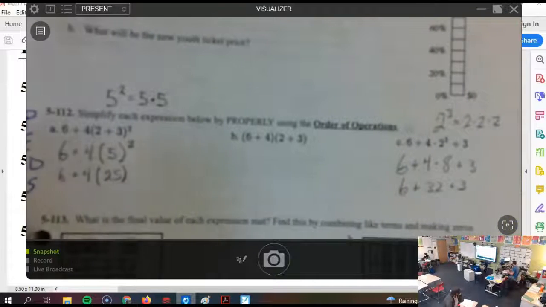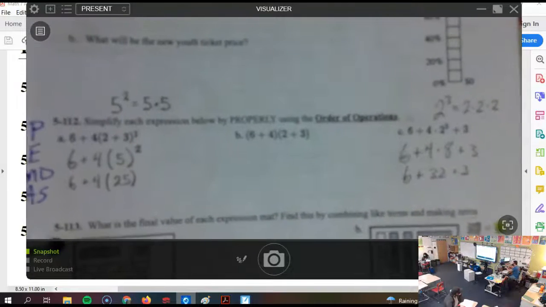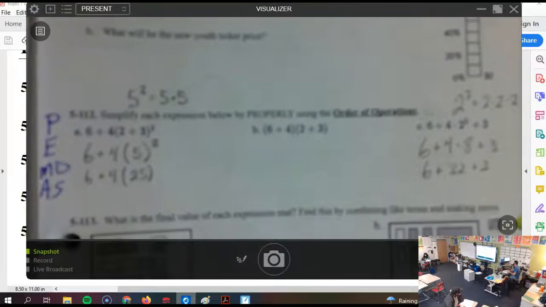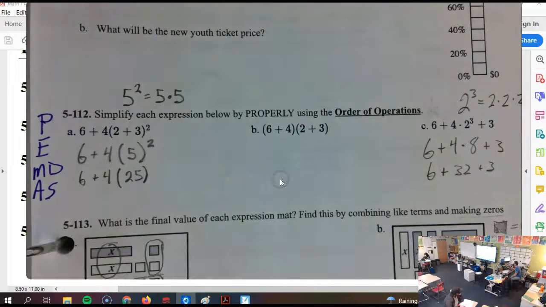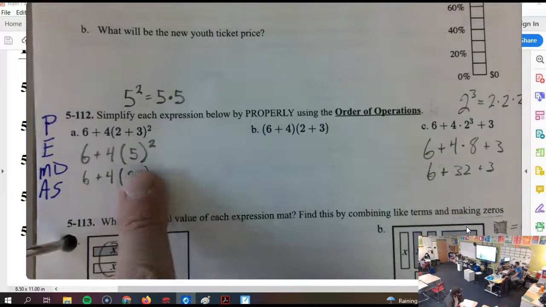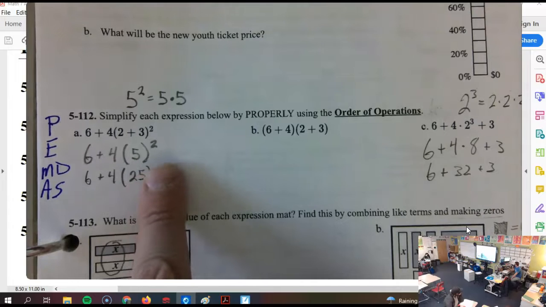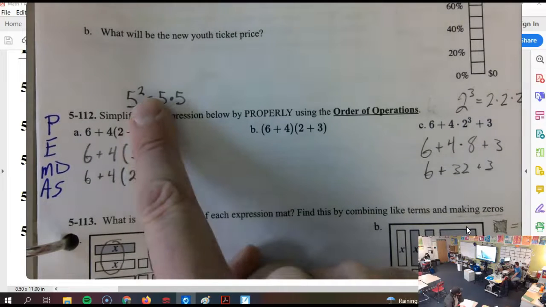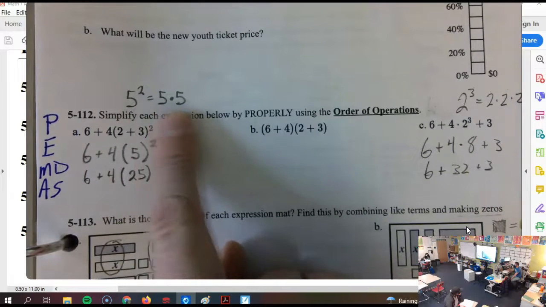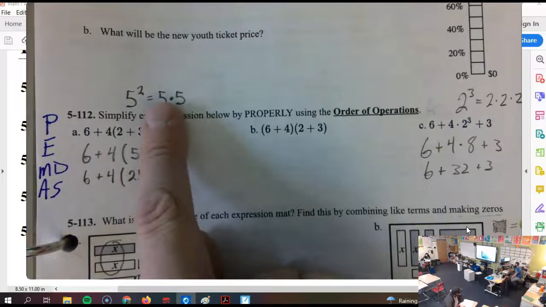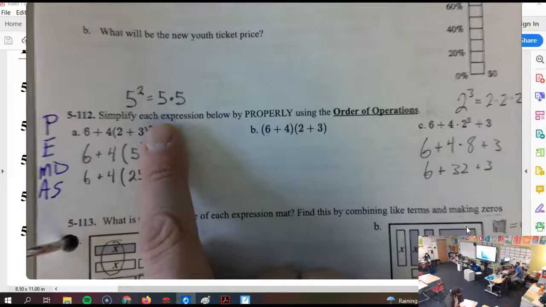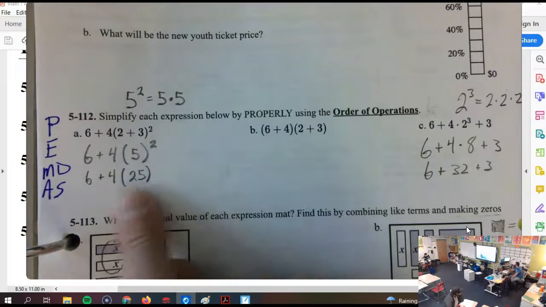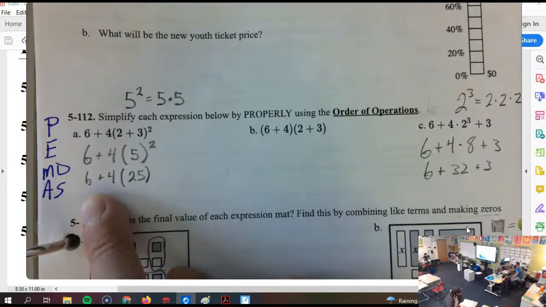So here's another view at A and C. Guys, your work should look a lot like mine, where you've got your steps written out. Give it a second. We got to be patient. I love all my technology, but sometimes it needs a moment. So we do the parentheses first, then we do the exponent. And the note we made up here is that 5 with an exponent of 2 means we're going to multiply 5 twice. Exponents are a shortcut for writing repeated multiplication. So then we're going to do this multiplication and then the addition, and we're done.